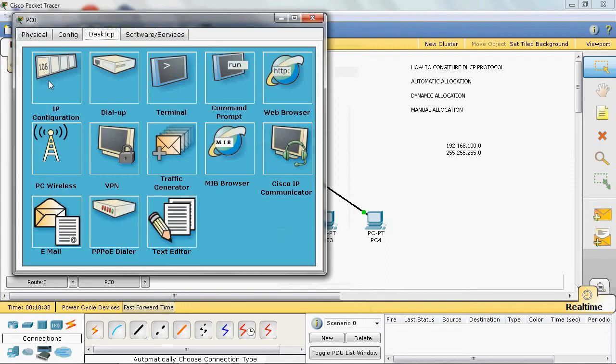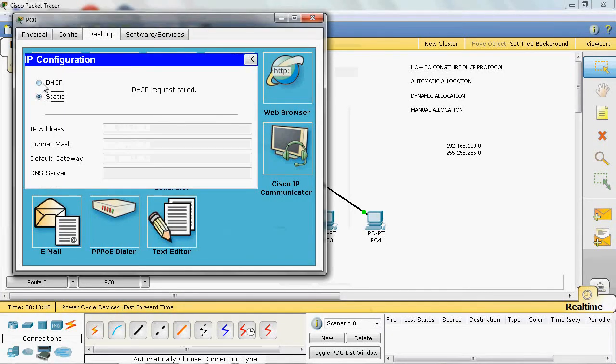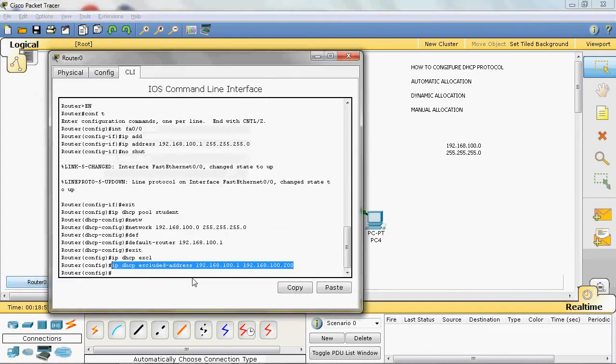We can check it. Yeah, we get 192.168.100.201. In the previous scenario we saw 100.2. It can be randomly chosen from 1, 2, 3, 4 like that. Here I will give some condition: ip dhcp excluded-address 192.168.100.1 to 192.168.100.200. This is the starting IP address and this is the ending IP address.